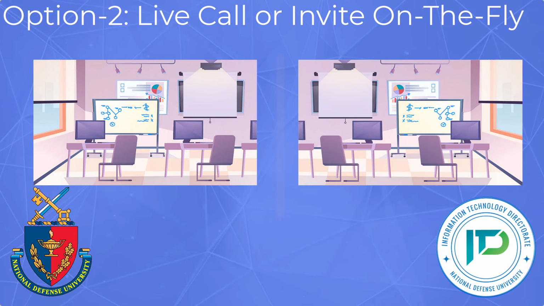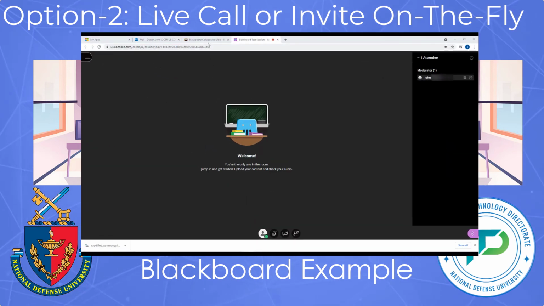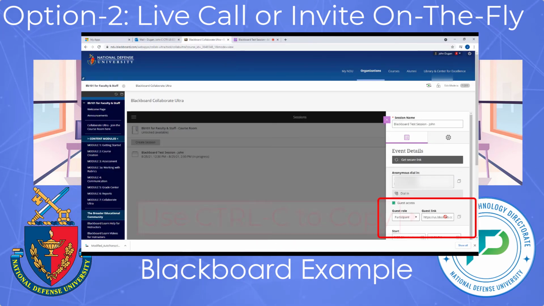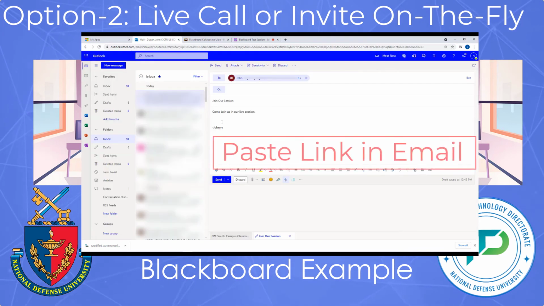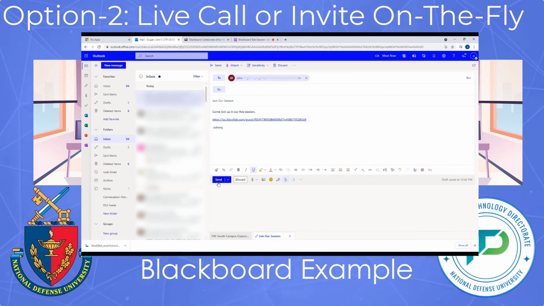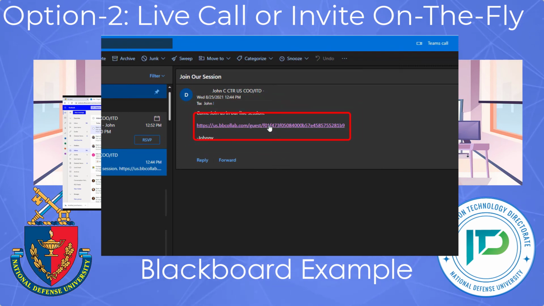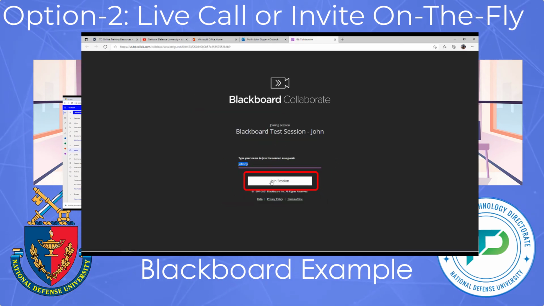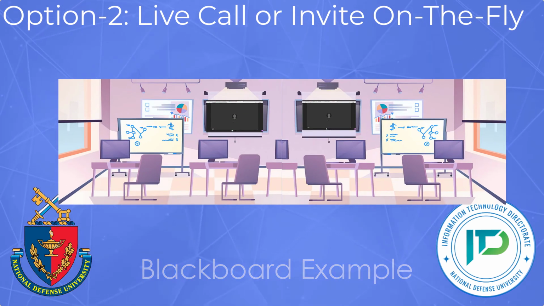For joining classrooms or adding guests on the fly using Blackboard, the moderator for Classroom A will email a guest link to the moderator of Classroom B or desired guest. Navigate to the event details and copy the guest link. The moderator for Classroom A will now email the organizer for Classroom B. The organizer for Classroom B will select the guest link from their email on the Room PC and will join the live session. Classroom A and Classroom B are now joined.